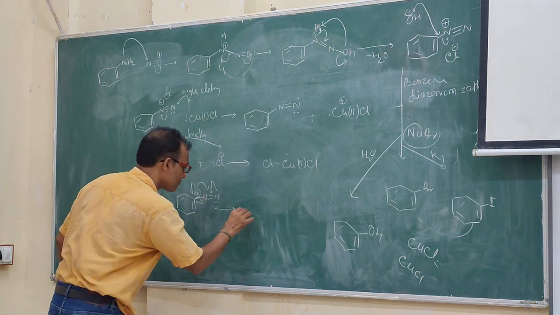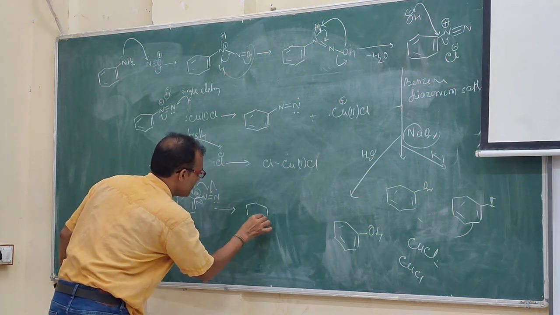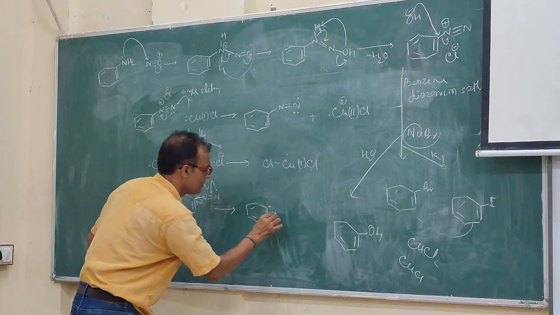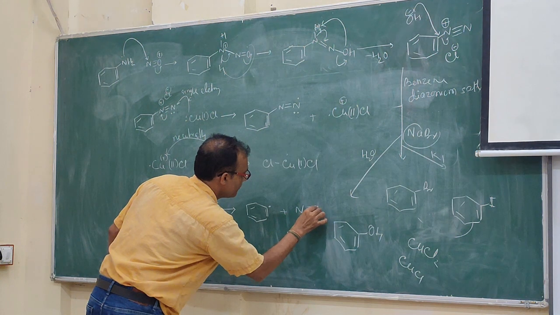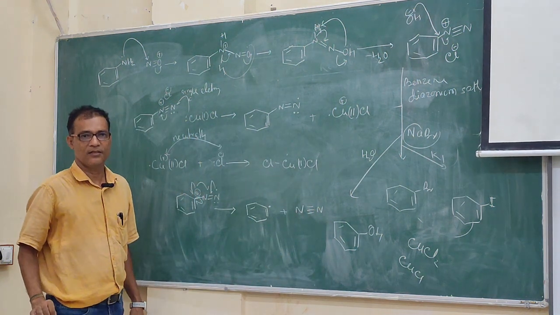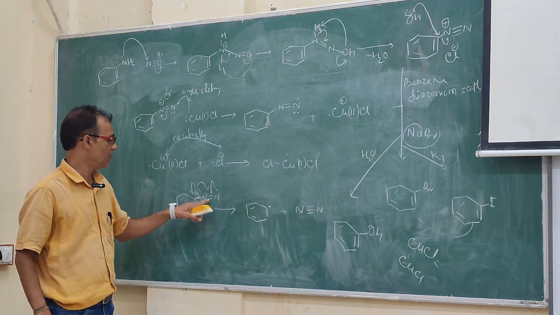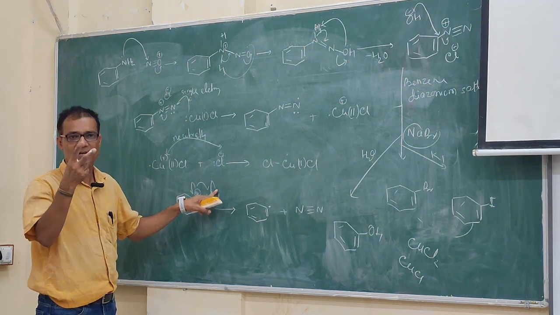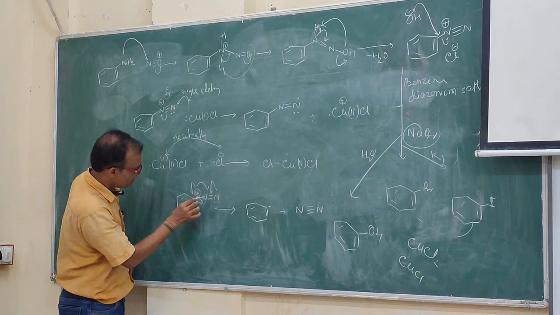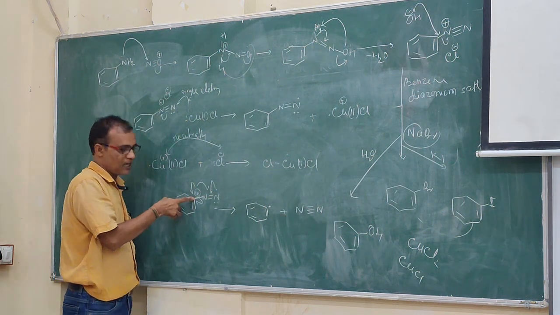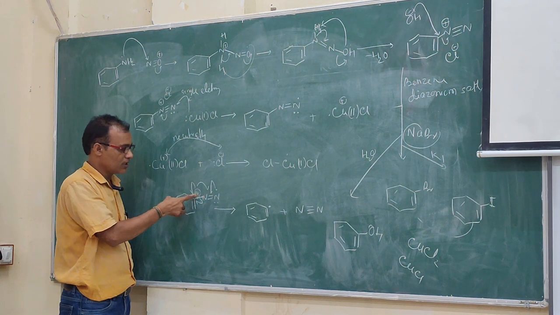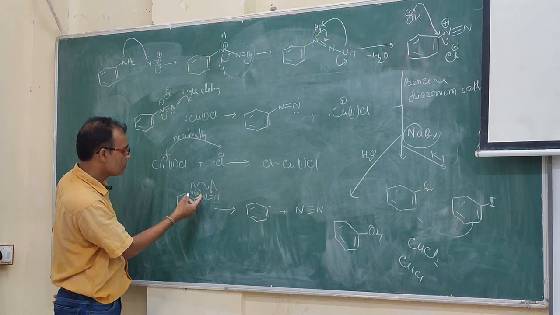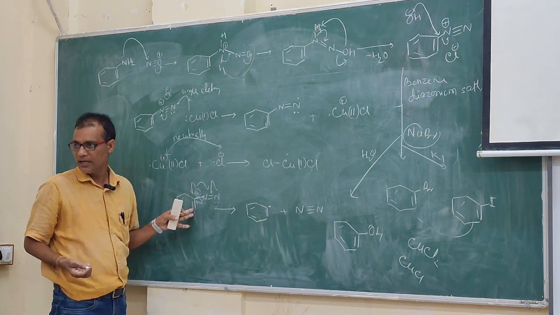benzene, and this is a radical, plus you will have N triple bond N. Is that clear? Because here you have a double bond and one single electron. For N triple bond N, you need one more electron, and that can be taken from this aromatic carbon-nitrogen bond. Two electrons, take one electron here, or push the electron this way, so this will break and it will be a radical.